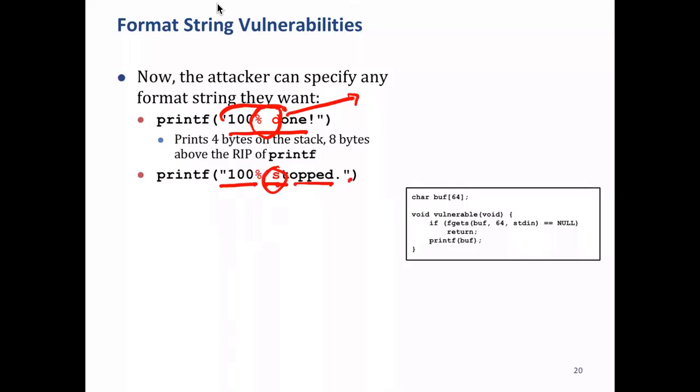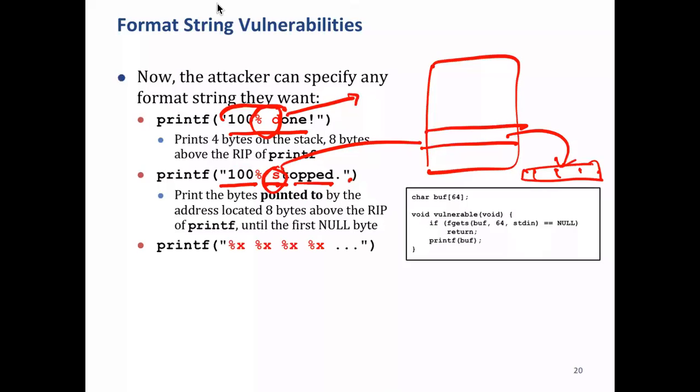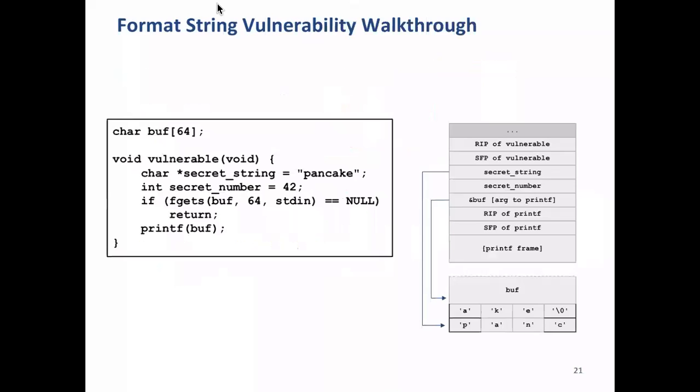Now it's a string, so we'll get on the stack a pointer to the string. And if the string is, for example, in the heap, then it will print that out. And if you give this kind of input, %x %x %x and so on, then it will do some other kind of printing. All right, so now you can go to this example,